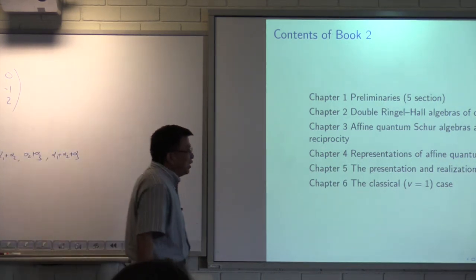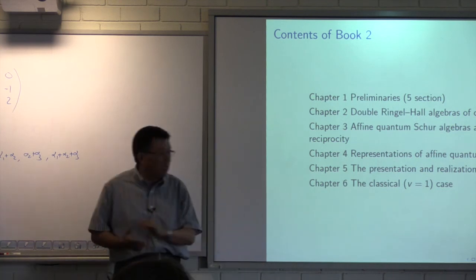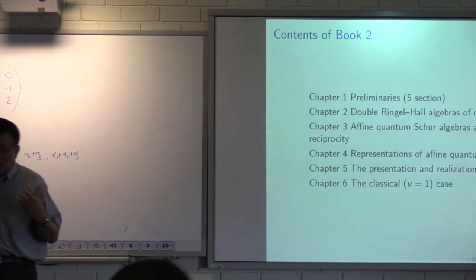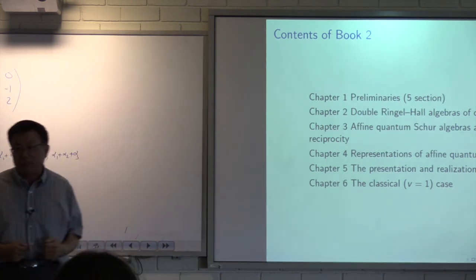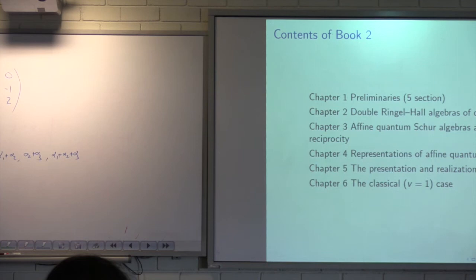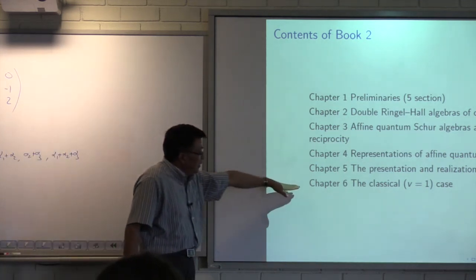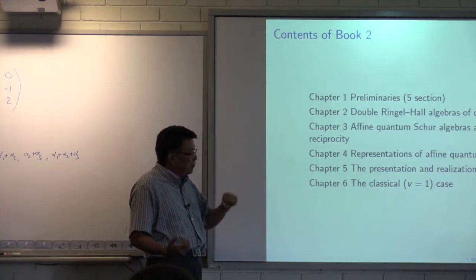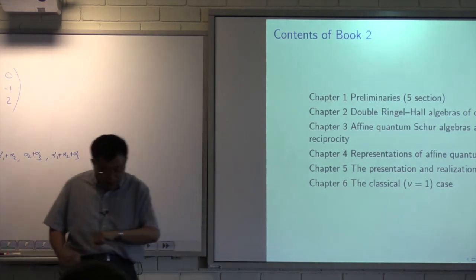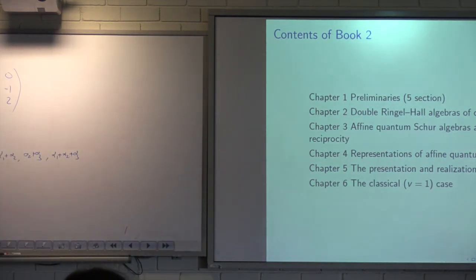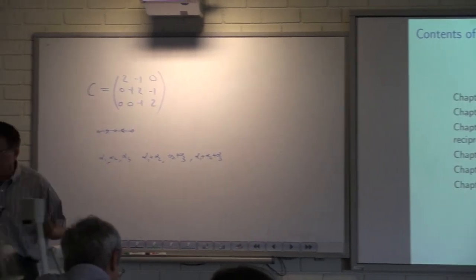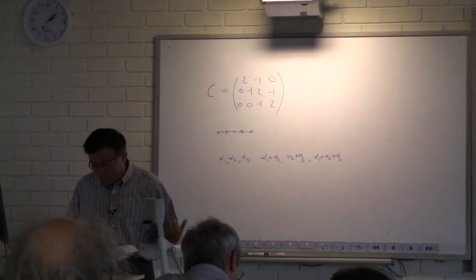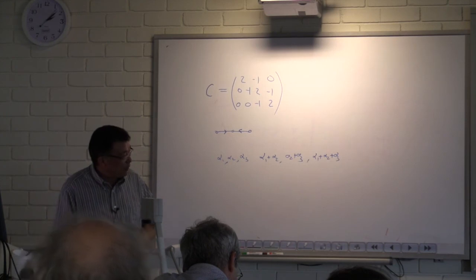Okay? Then we have a conjecture actually. We proved the conjecture in the classical case, the v equals 1 case, not the quantum case. v is the parameter for quantum. Okay? Unfortunately, by that time our calculation was too hard, and we couldn't get the general case proved. But I think we have done it recently. Of course, we had to change our method and find a way to get it done. So we are pretty lucky for the moment.